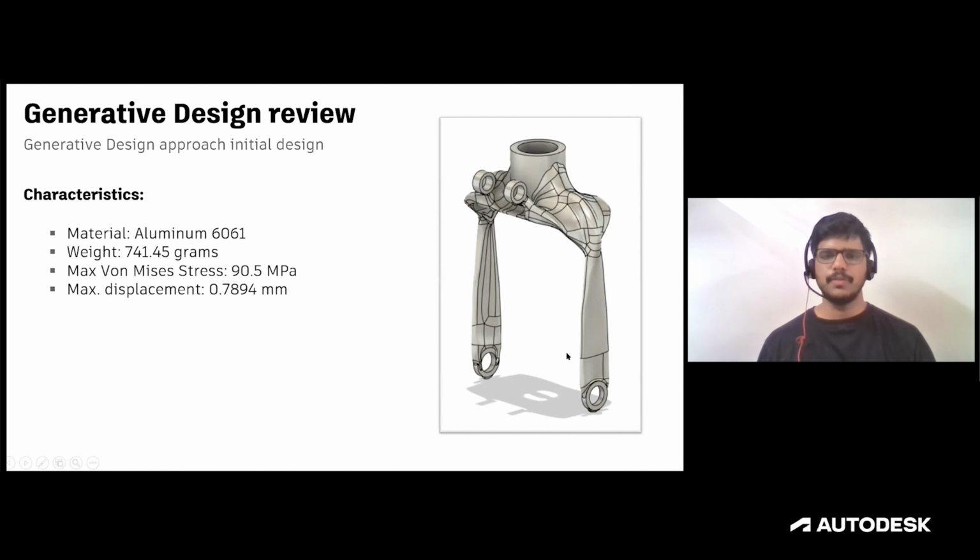From the properties of the design, we found the weight of the new design to be 741.45 grams. From the previous analysis results, as we have seen, the stress generated is 90.5 megapascals and the part undergoes a maximum displacement of 0.7894 millimeters.